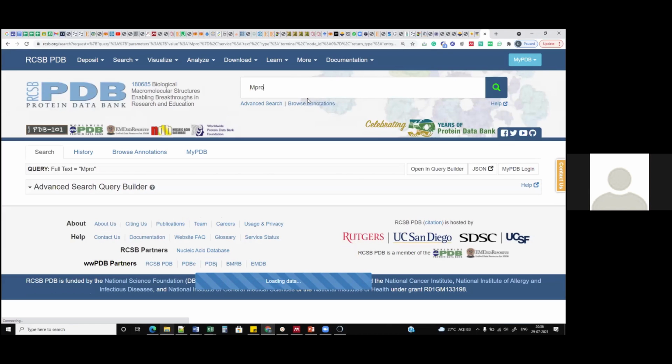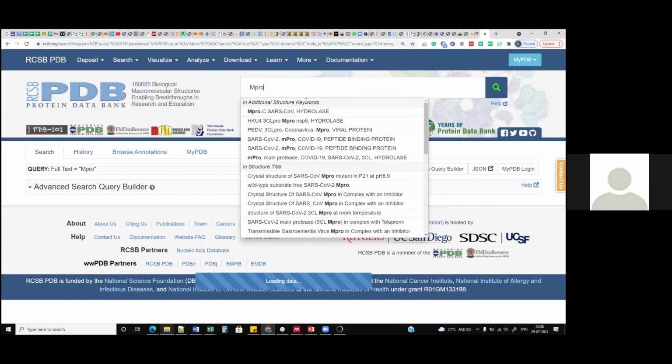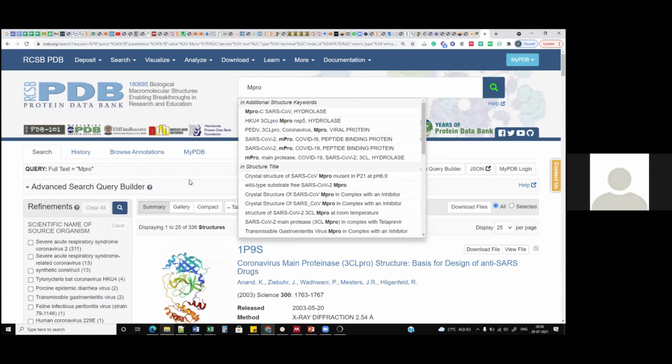You just need to type mpro, or whatever protein it may be, but in this case we'll use the Mpro of SARS-CoV-2 as an example.